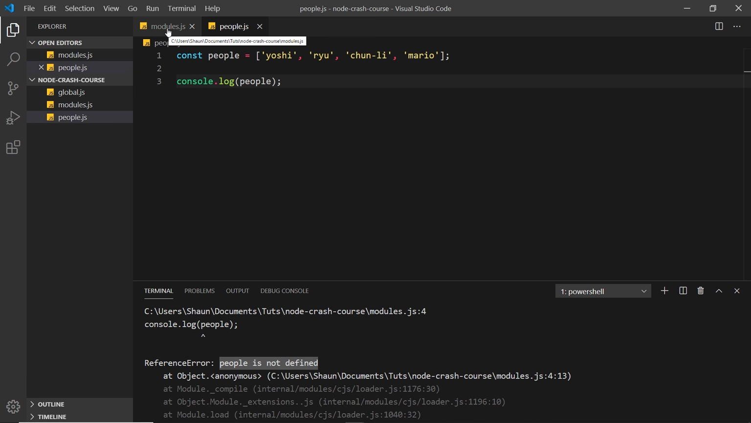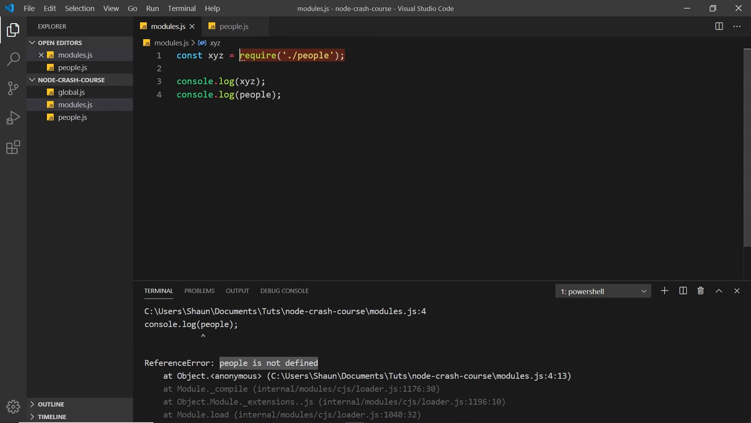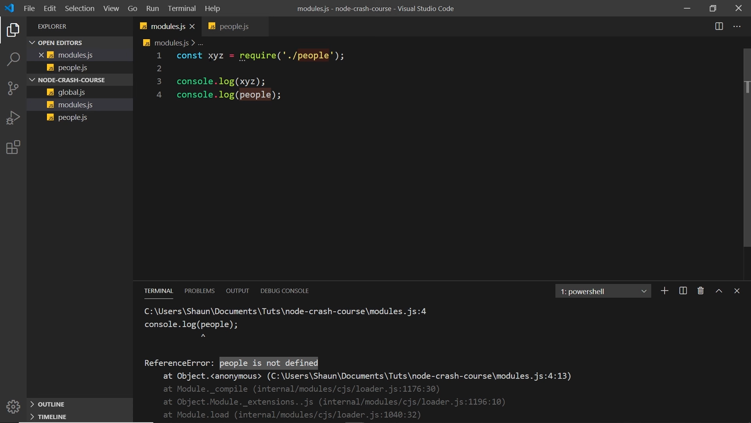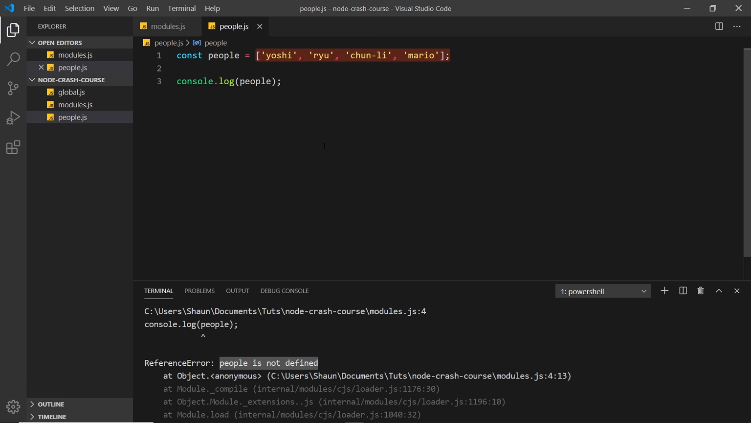So what then if I wanted to access people inside this file? Well, we have to manually export this thing right here. And then whatever we manually export is going to be applied to this constant right here. Now, we saw a minute ago that this is actually an empty object when we logged it to the console. And that's because we're not manually telling this file to export any kind of data or properties. So how do we do that? Well, we do that by saying